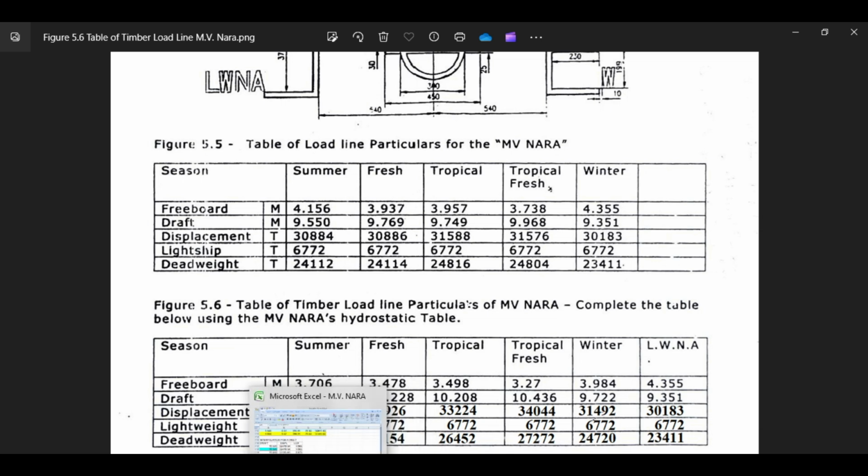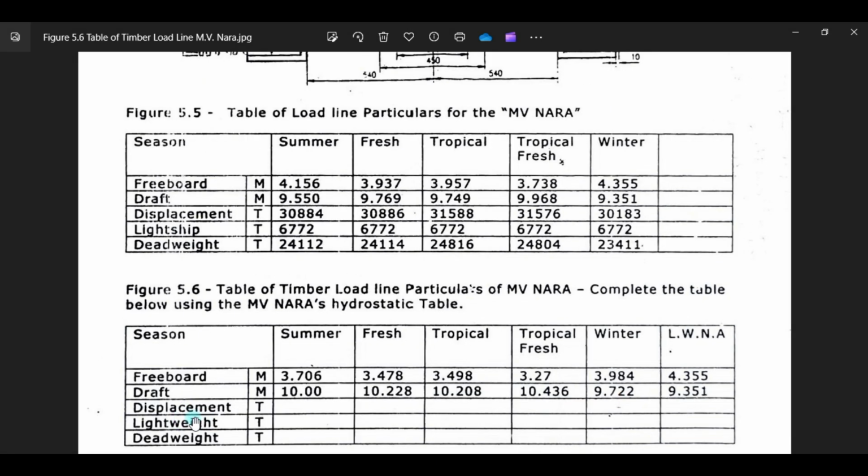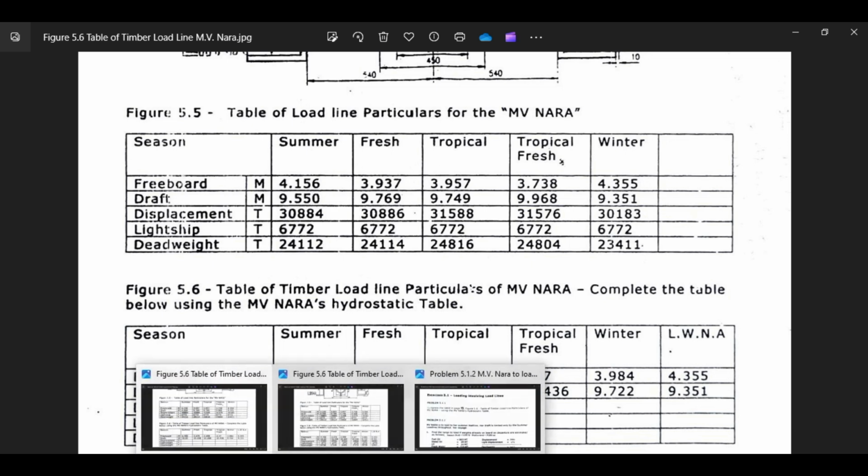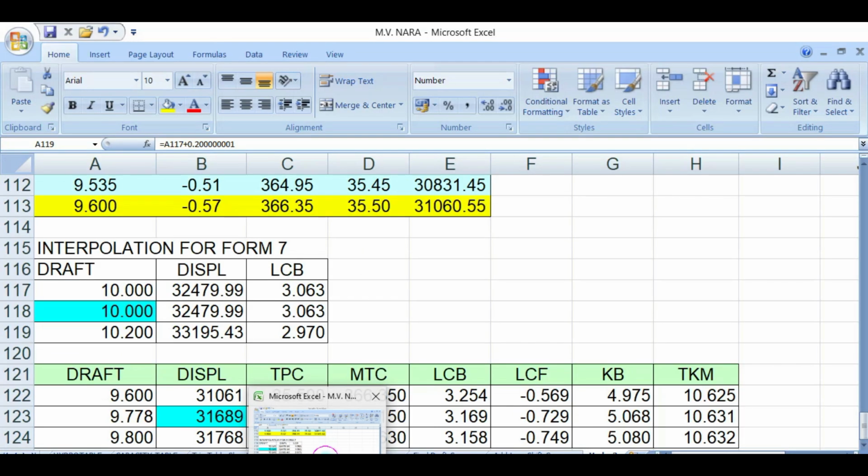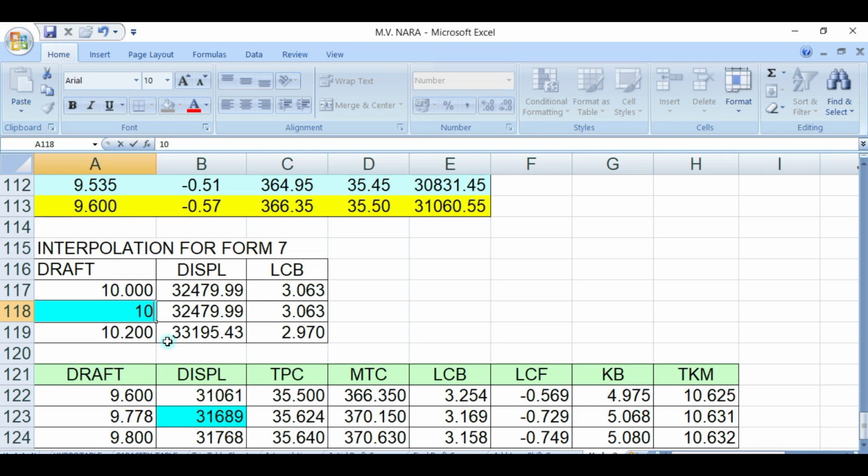water. So we go to fresh water, which is 10.228. So you go to the hydrostatic table, put here 10.228. What will be the displacement?